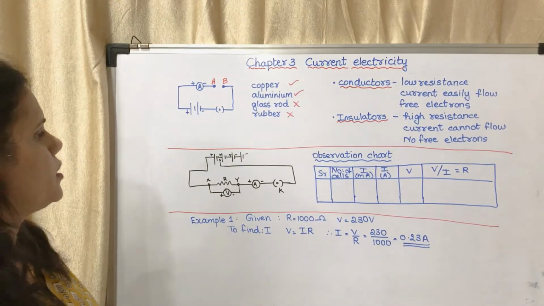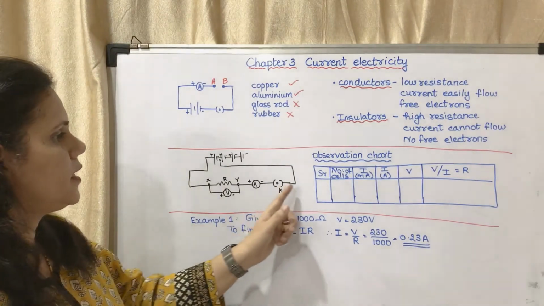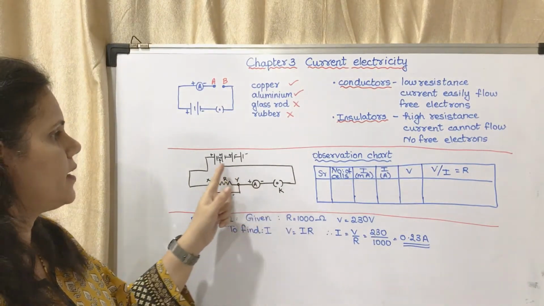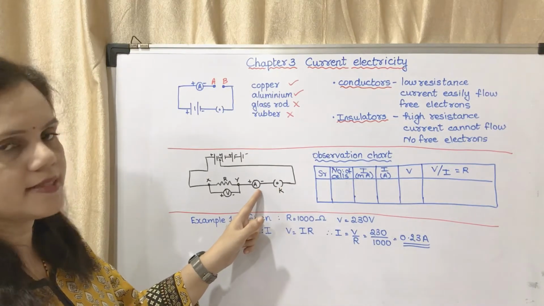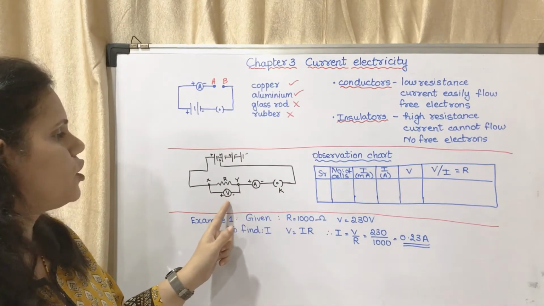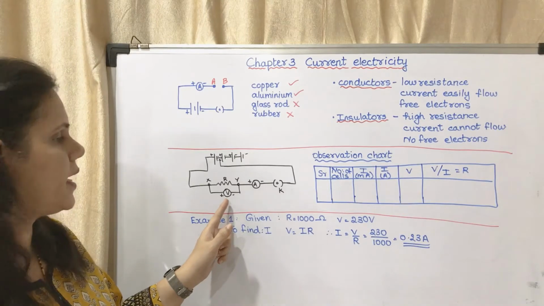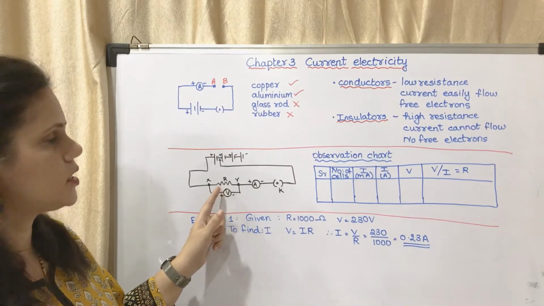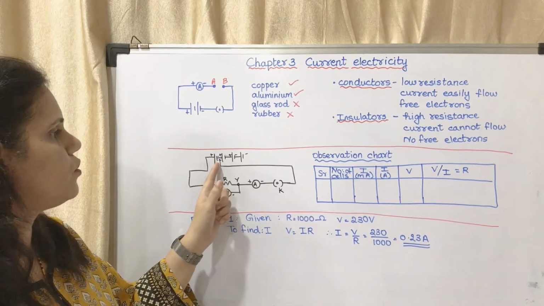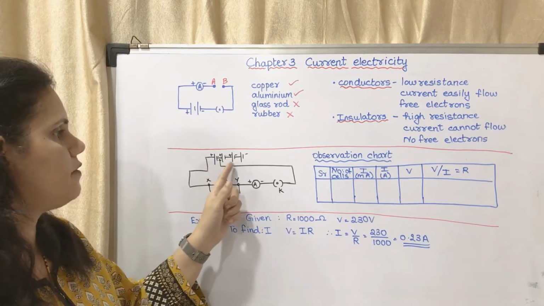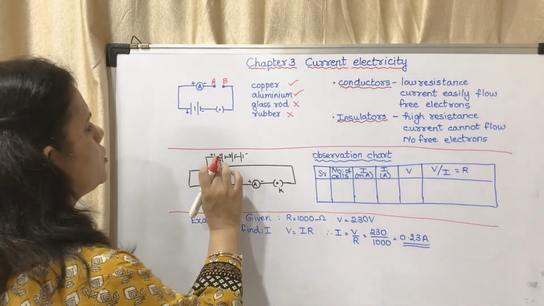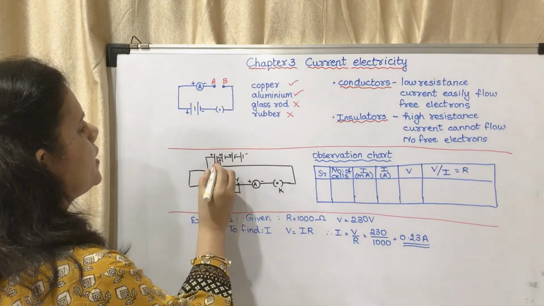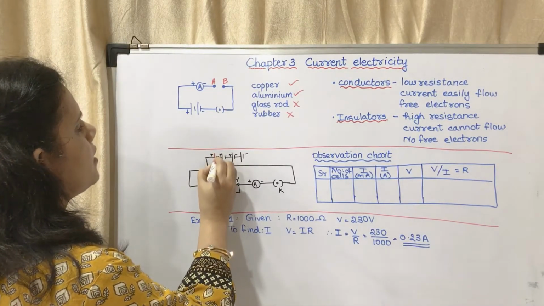In this experiment you may see there is a connection given, there is a wire connection, there is a plug key which is closed, an ammeter which is connected in series, a voltmeter which is connected in parallel, there is a resistance which is connected, and it is connected to 4 cells here. Here I have shown 4 cells. Okay, now this connection, first what you have to do, in here there is only one cell which is connected.